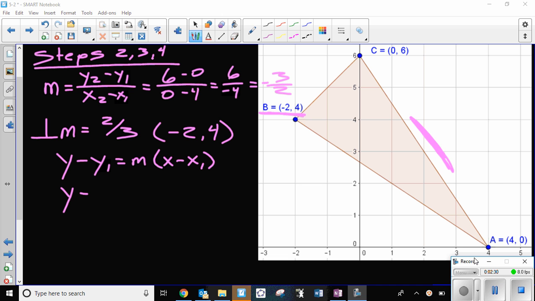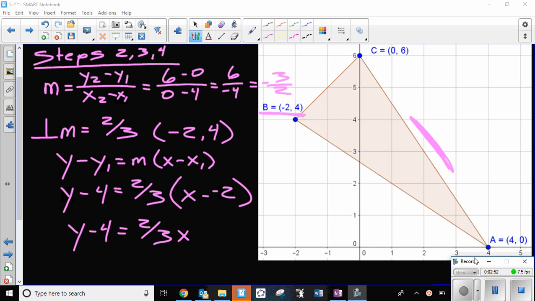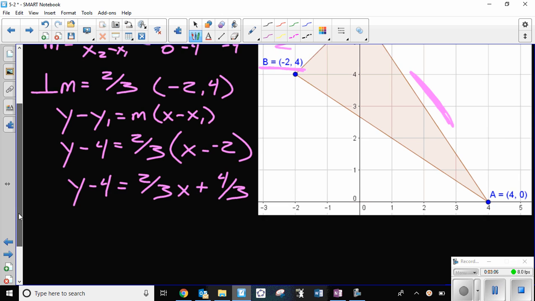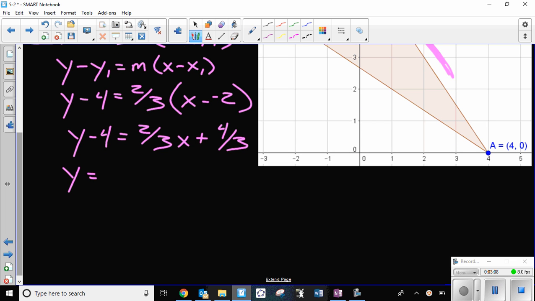So we've got y minus 4 equals our slope, and then x minus negative 2. If we simplify this, we're going to get y minus 4 equals 2/3 x, minus negative is a plus, this is going to get us a value of 4/3. And then the last step is going to be to add 4 over. So when I add 4 over, that's going to give me y equals 2/3 x